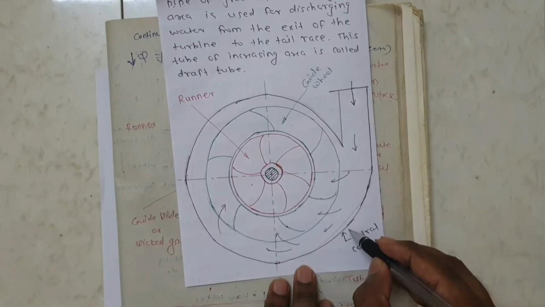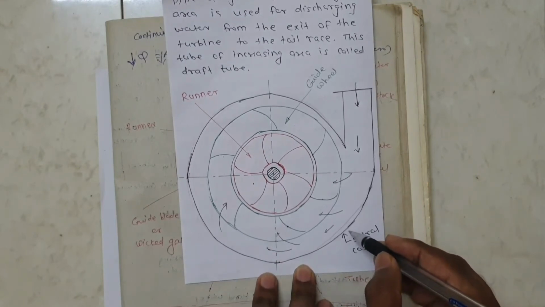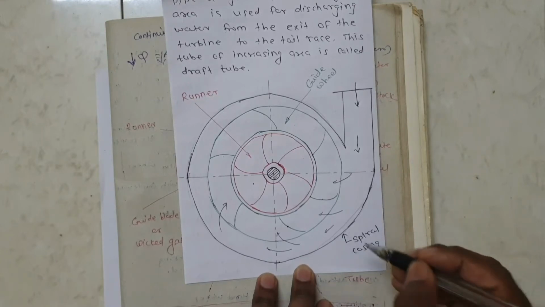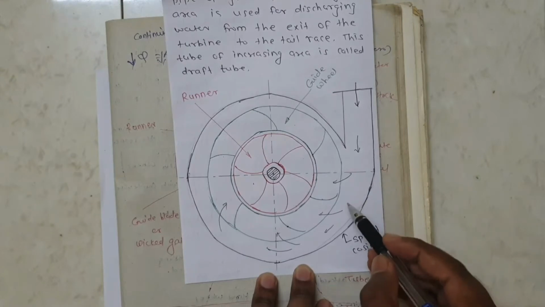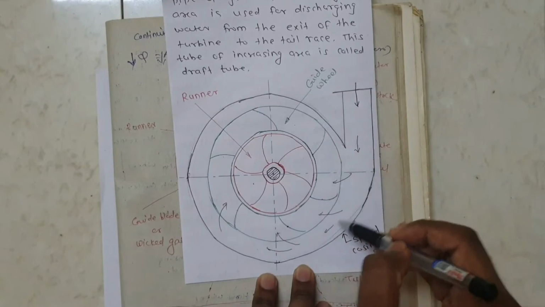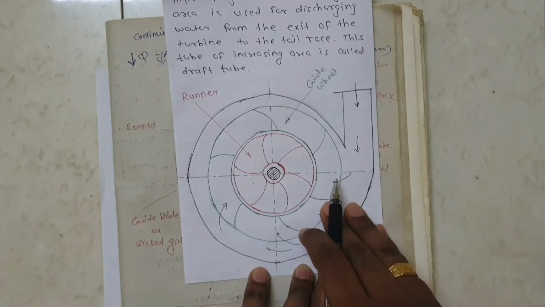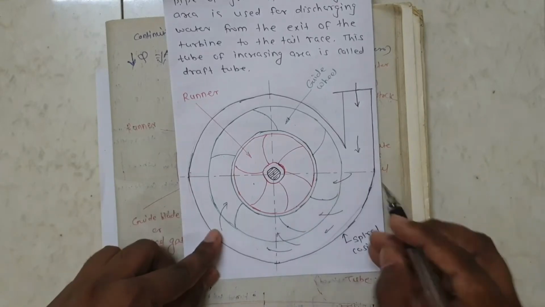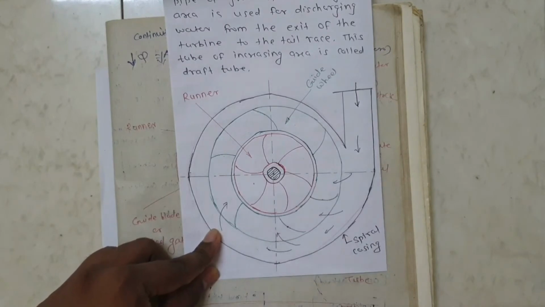This is the casing. This casing is of spiral shape, or volute or scroll type casing. The area of the casing goes on decreasing. Here the area is larger, here the area is smaller. Why is this type used? Because